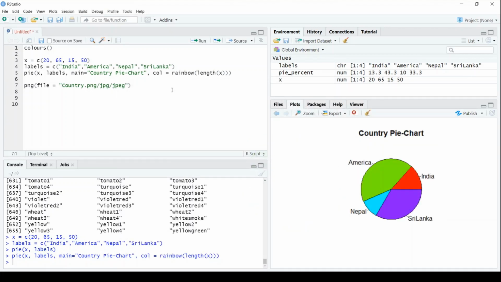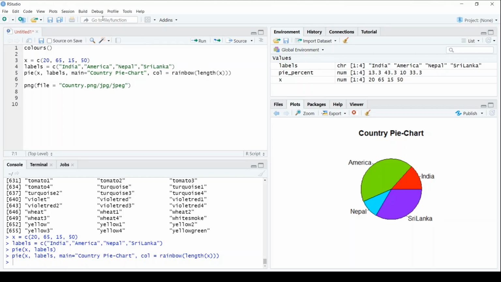Right, so you can also create slices. Now you can see here these are just being distinguished by different colors, so you can have a space between them so that it looks like a slice has been cut out from the entire pie chart. For that we'll need a slight change.